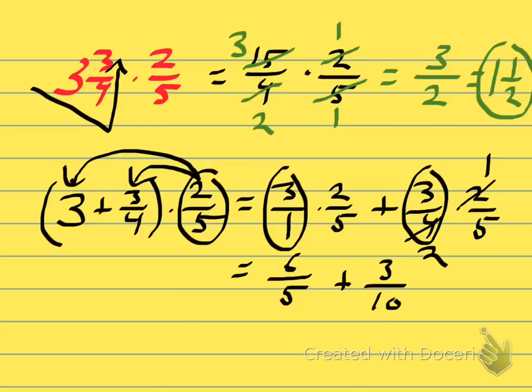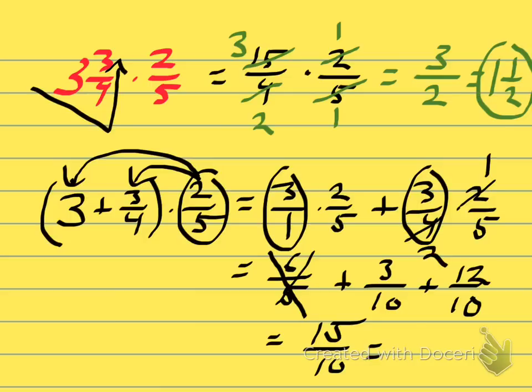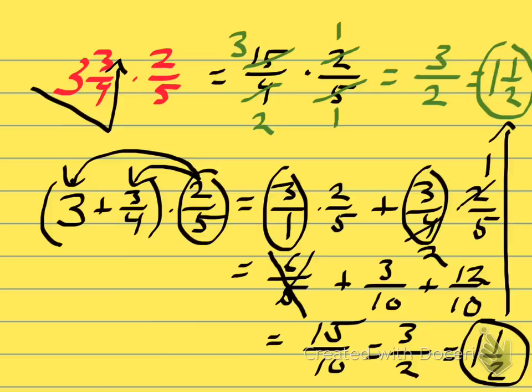But now I can't actually add these because I need a like denominator. So what I'm going to do is actually cross this out, and rewrite it over here where I change 6/5 into something over 10, and that'll be 12 over 10. So I get 15 over 10, which reduces down to 3 over 2 if I take a 5 out, which reduces to 1 and 1/2. And ultimately, I do end up with the same answer I got up here, but it wasn't quite as